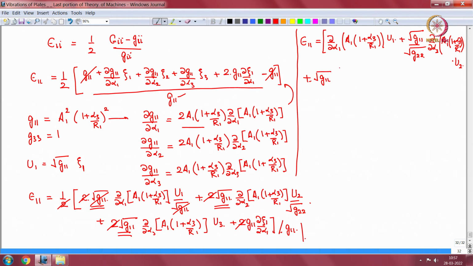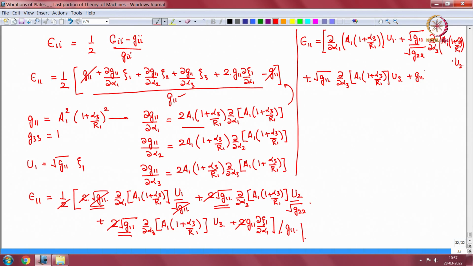Let me make it simple right here. In the alpha 3 direction there is no dependence because we are talking thin shells. I will come to this point. Okay, let me write it for now. Del alpha 3 A1 (1 plus alpha 3 by R1) U3 plus